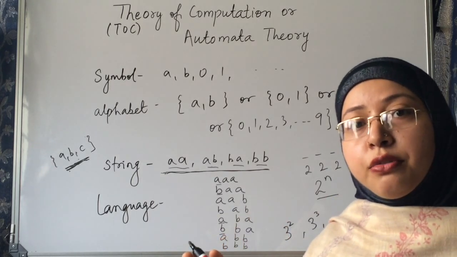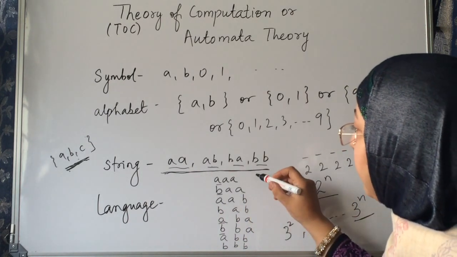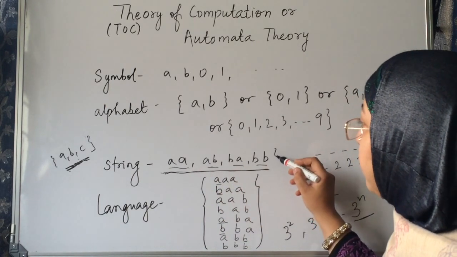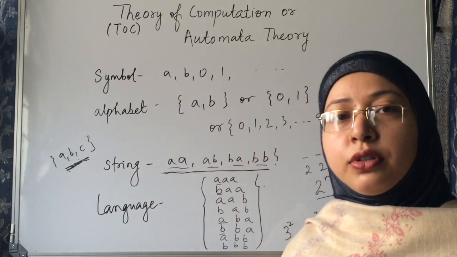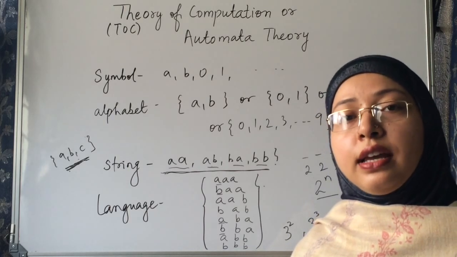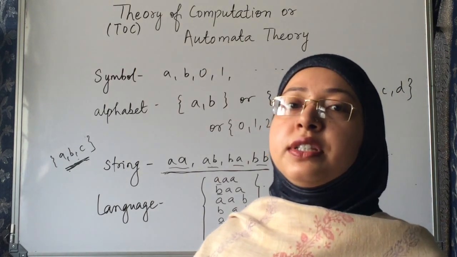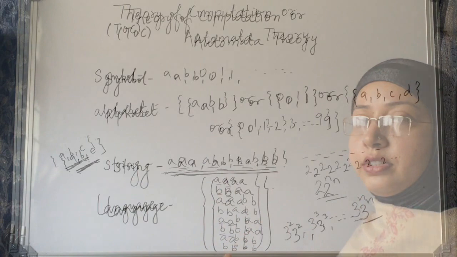And if they ask you in the exam what the strings possible are, then you have to think of these things. Okay? If this is of length 2, this is of length 3. They will not ask you more than that. And even if they ask in the exam, I am talking about competitive exams like NET and GATE, then you have to think of this.